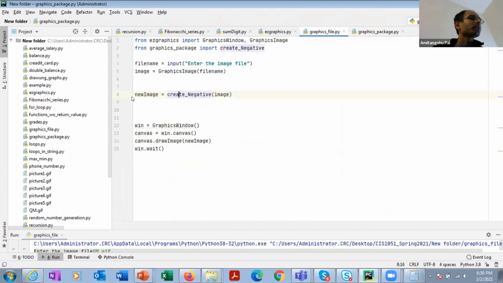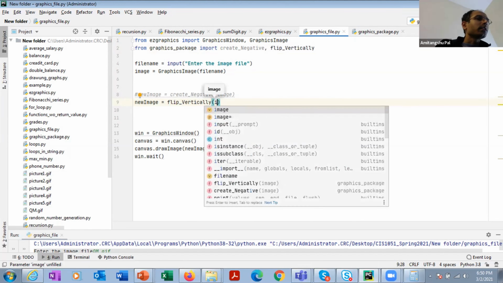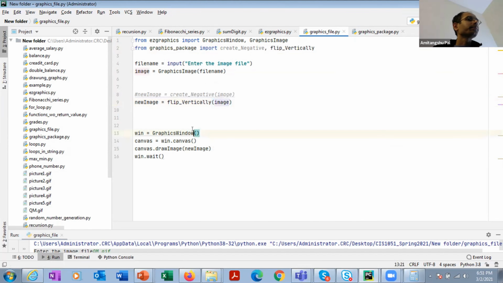So instead of writing new image equal to create negative, I'm writing new image equal to flip vertically. Here I didn't import it. That's why it is showing the red underline. All right, so that's it.